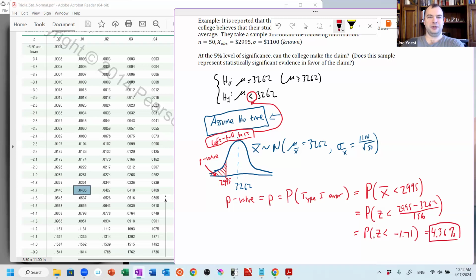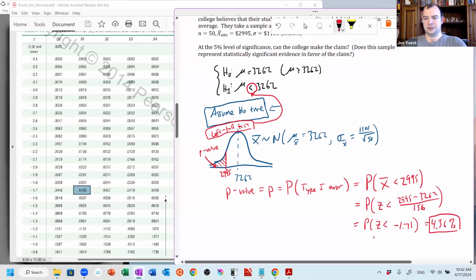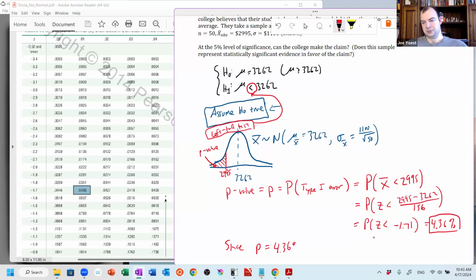So this is my p-value. This is the probability of making a type 1 error if I reject for this sample, if I reject the null in favor of the alternative for this sample. My significance level is 5%. I can say since my p-value is 4.36%, and that's less than 5%, or alpha. Alpha, my significance level, is the maximum allowable type 1 error rate. Since the error rate that I would see if I rejected for this sample is less than the maximum allowable error rate,